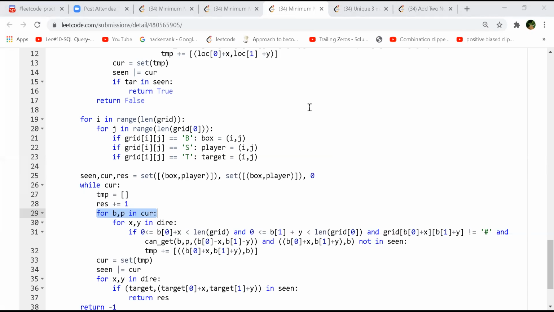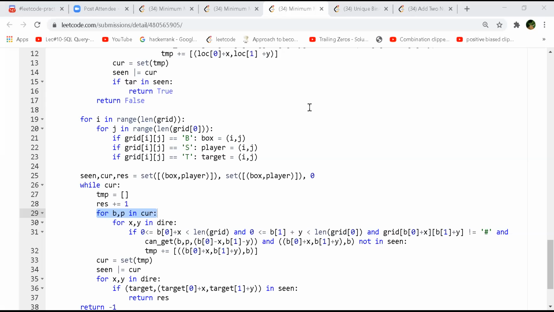But for the target, you just need to know that for the box to reach a particular position, it has to be pushed from one of the 4 previous directions, and the player should have one more cell previous to the box in the same direction.